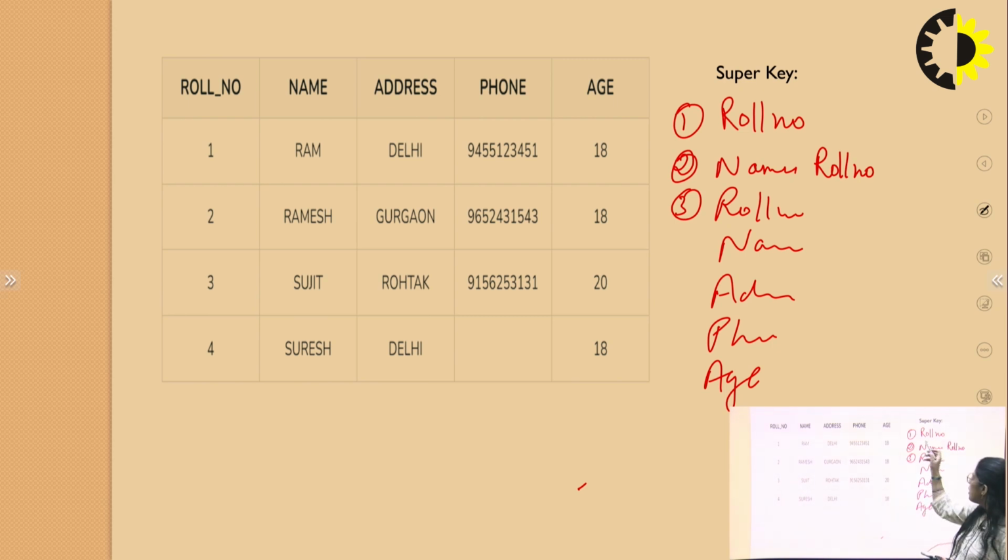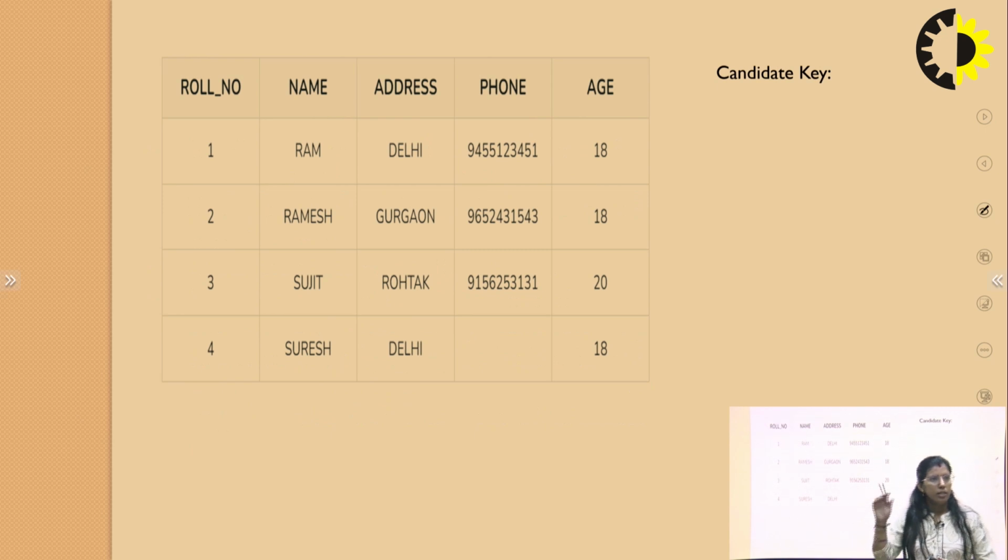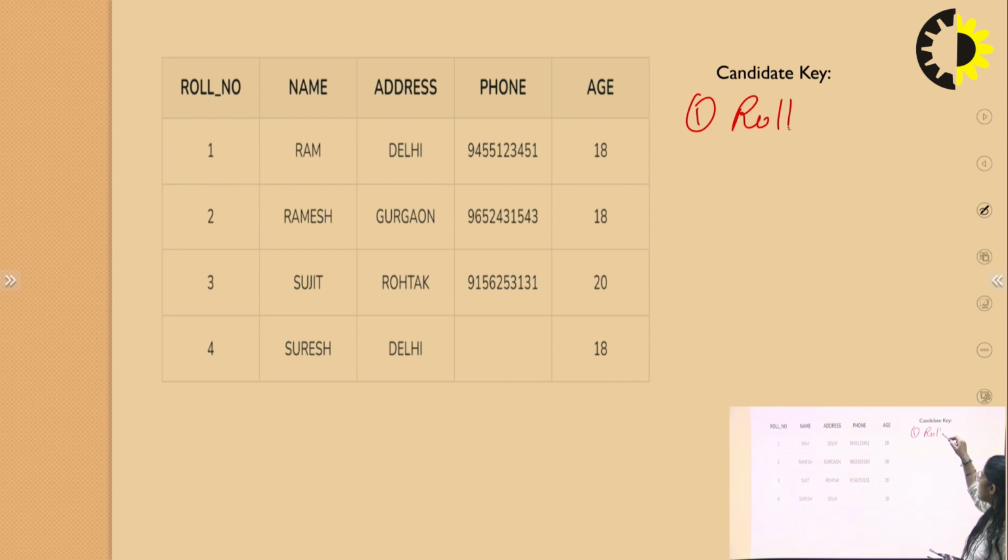So here the smallest key is roll number itself, so it is the candidate key. Among different super keys, we have the smallest super key, which is roll number itself. Fine. And phone number can also be there because it can identify each tuple uniquely.